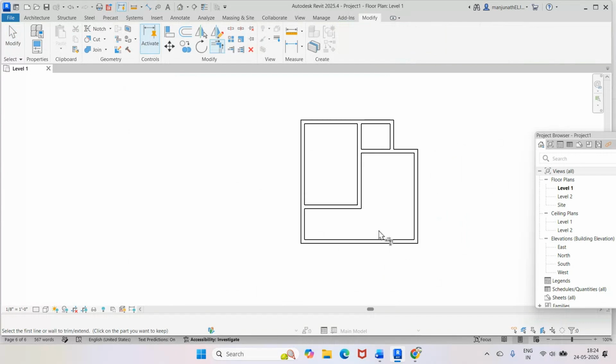Extend single element. I will select this as the boundary and this as the extension. So now we have all the dimensions. I will click on this. What is the dimension? 11 feet. From here, if you take the dimension from this line, go to annotate, go to aligned between